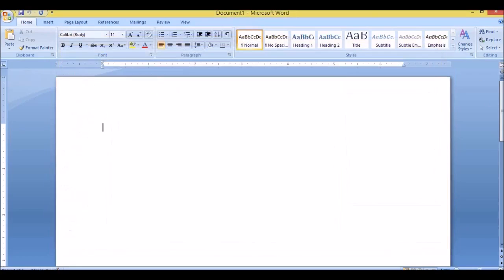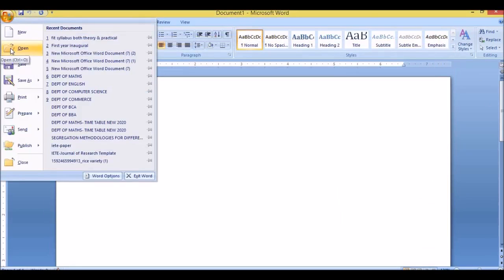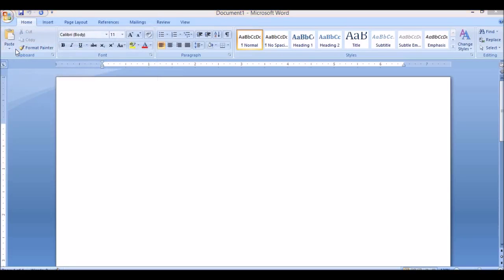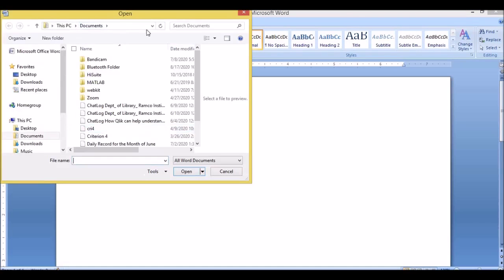Okay, and then this is the open menu. The open option's shortcut is Control plus O. Here in recent documents, all the recent documents you have opened will be displayed. In your mobile phones you will be having frequent screens, no? That is the purpose here, girls. If you want to open frequently used files, say for example if I click this open, you will get an open dialog box.